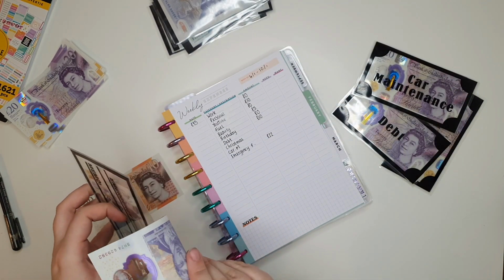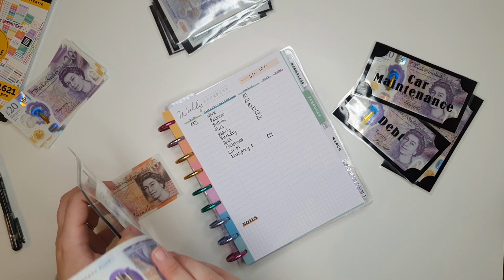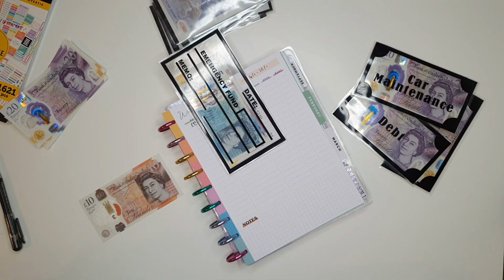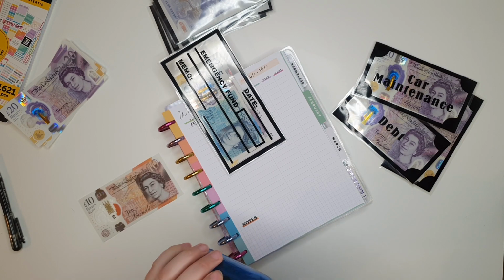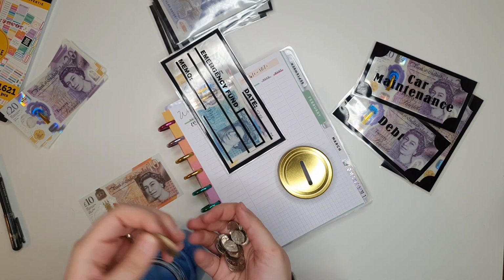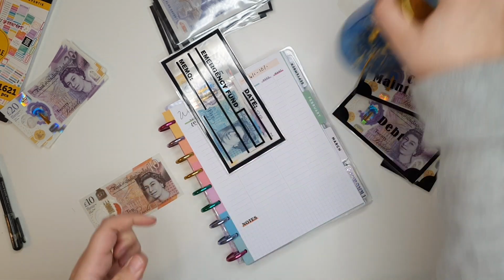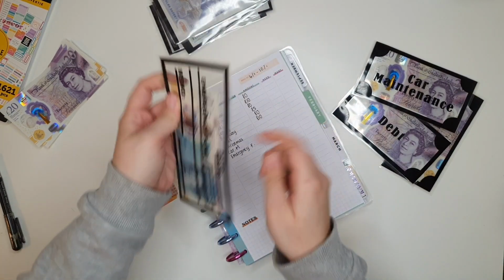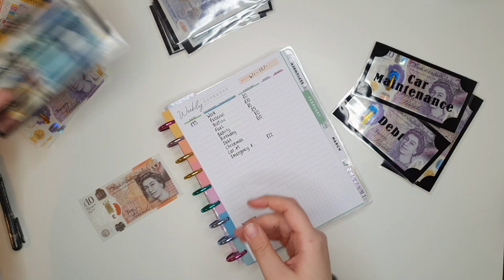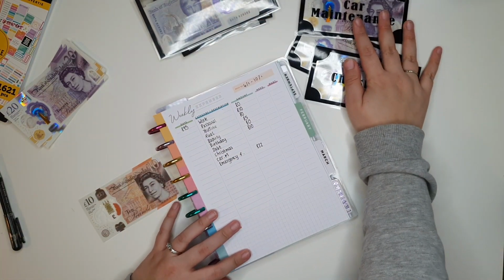There we go. So there's the 20, which I'm just going to slide in at the back, I think. And then I've been trying to keep some coins, some useful ones. And there's the 2, which I'm going to put in there, and I'm just going to drop that into the bank. And I know that's done. So now we're left with my 3 other ones,